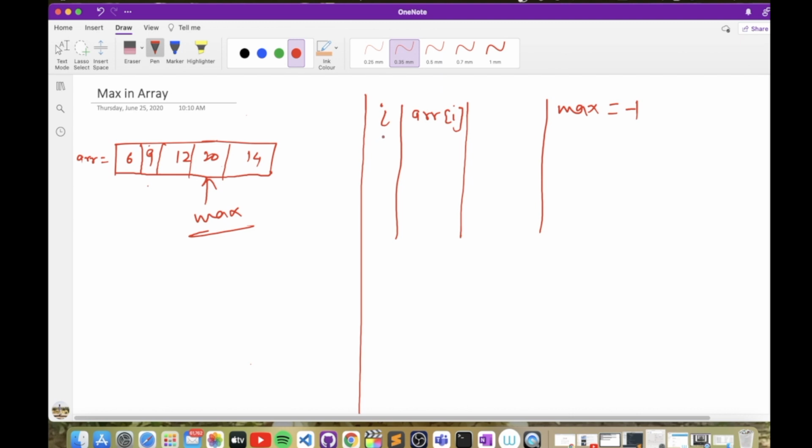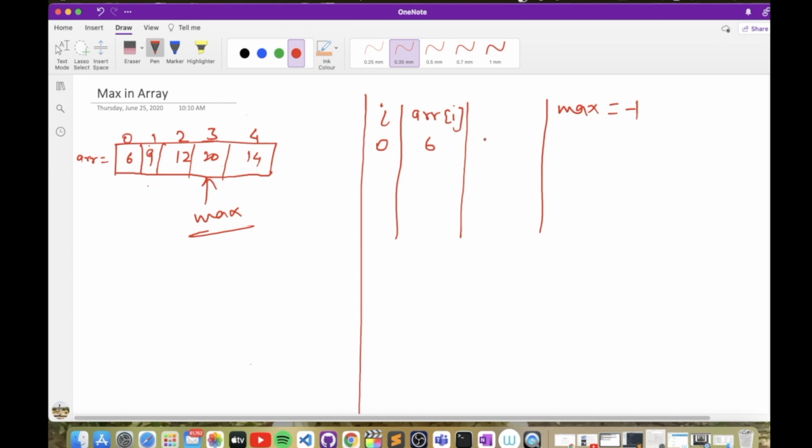So I'm starting with the first element, that is index 0. Here I'm putting the index of all the elements. So ARR of 0 would be 6.